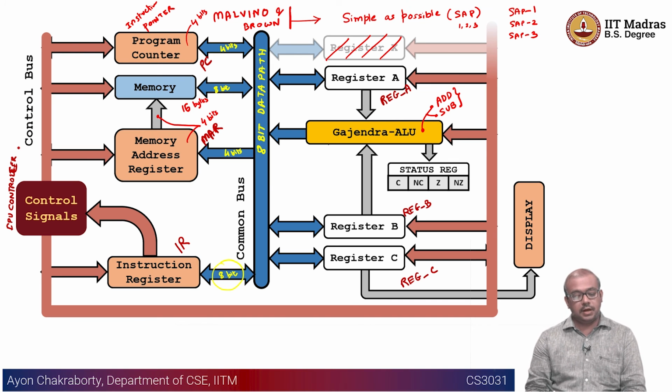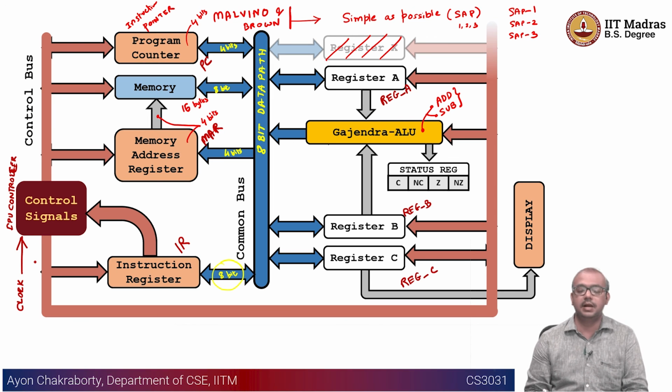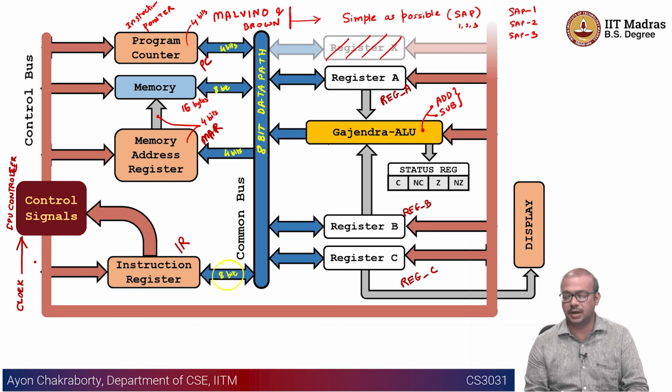Okay, so the controller is going to be connected to the clock, and every clock cycle it is going to do something, right? And a particular instruction may require a sequence of all these moves, right? As I told you, there is a fetch operation, there is a decode operation, and there is an execute operation. Depending on what kind of operation is being executed, it might require a small finite number of this ordered sequence